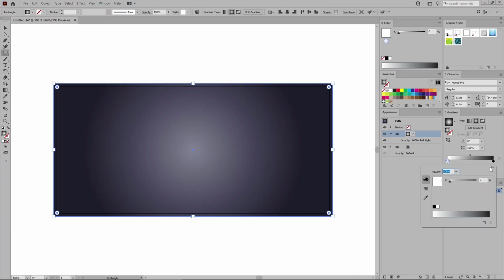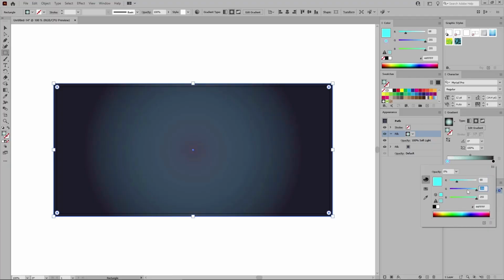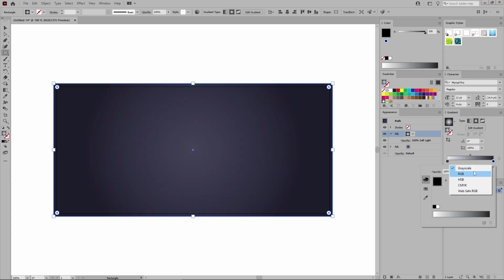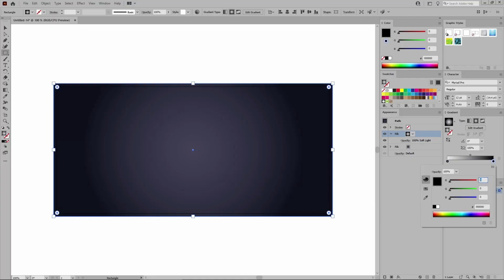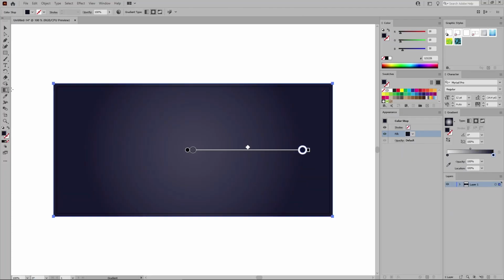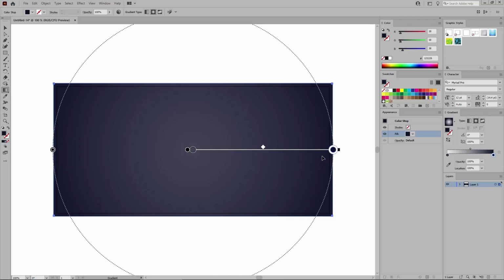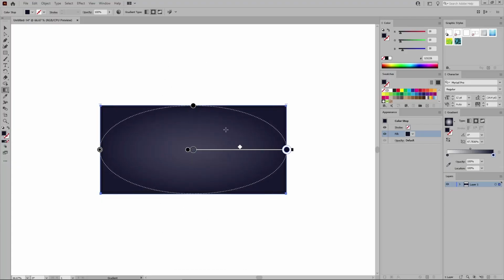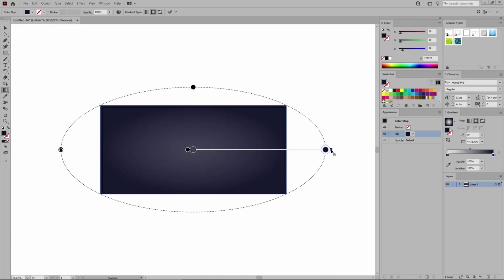Start with this one, double click it, change the color mode to RGB. Lower the opacity to 0% and set the color to 68, 68, and 88. And for this other color, let's change again the color mode to RGB and replace the color with 18, 18 again, and 38. Now you can switch to the gradient tool from your toolbar and use it to stretch your gradient like this. Press Ctrl and minus to zoom out a bit and squeeze your gradient like this, and again stretch it somewhat like this.